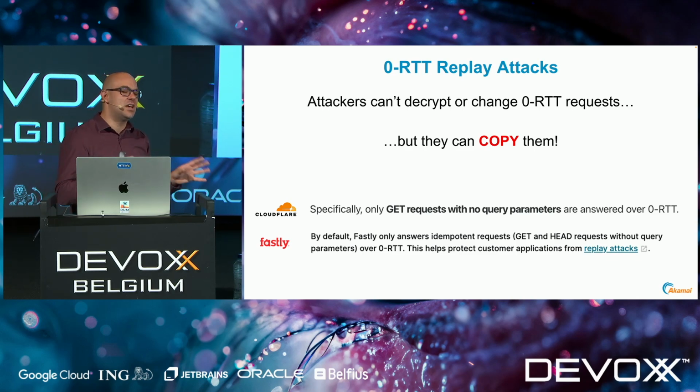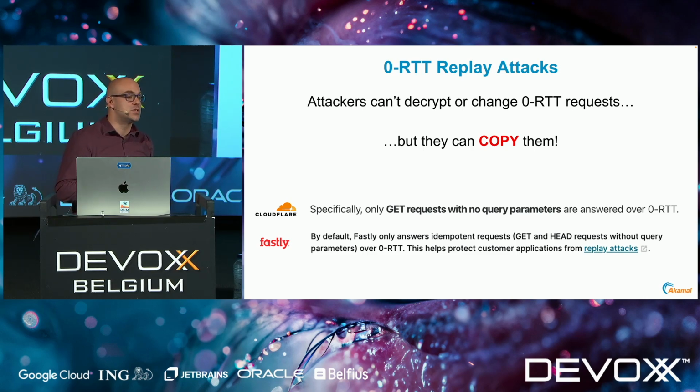But really, any type of permanent state change from a request, even something as incrementing a counter, could be gamified by an attacker by replaying 0RTT requests. This is why you will see that some deployments, like those of Cloudflare and Fastly, limit which type of requests you can send in that 0RTT. To, for example, only GET requests without query parameters,